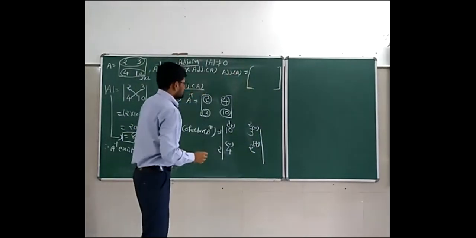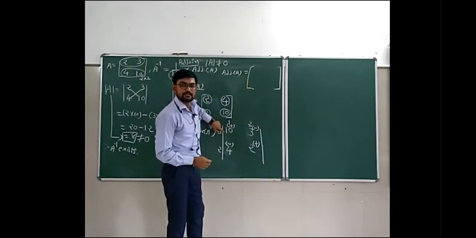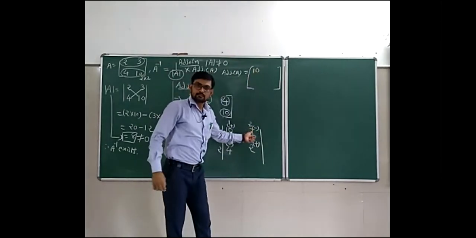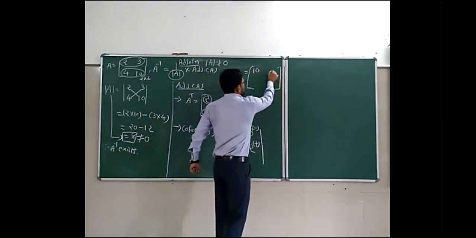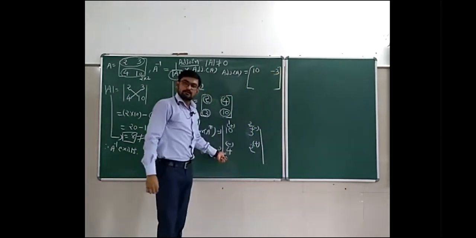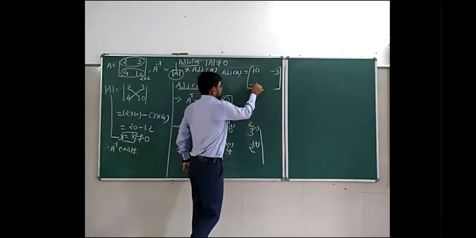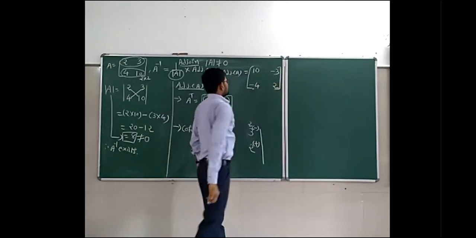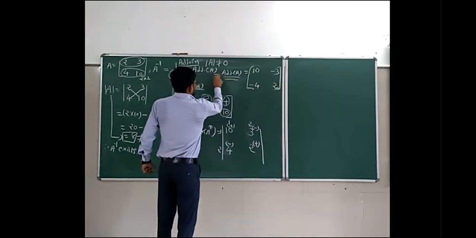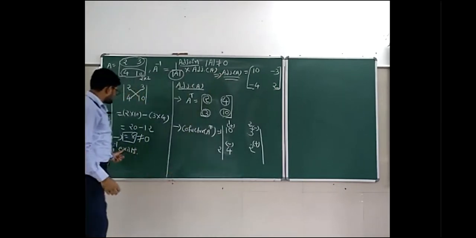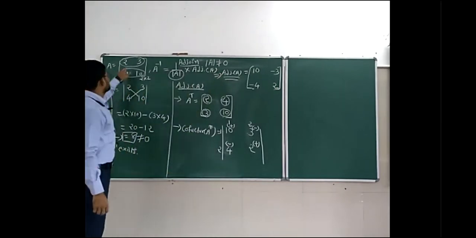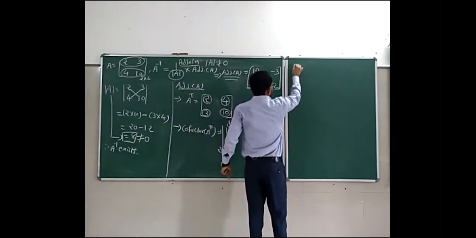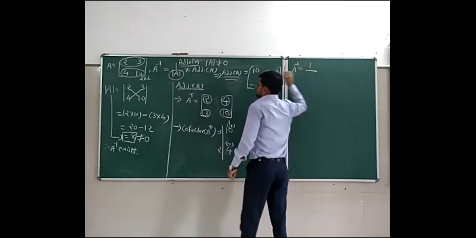Okay? So now, see, this is positive and 10 is also positive. Plus, plus, plus. This is negative, this is positive. Plus, minus, minus. Again, plus, minus, minus. And here, positive, positive. Plus, plus, plus. So now we have the answer of adjoint of A and we have the answer of determinant of A. And what we have to find? A inverse. So A inverse is equal to 1 upon, what formula?